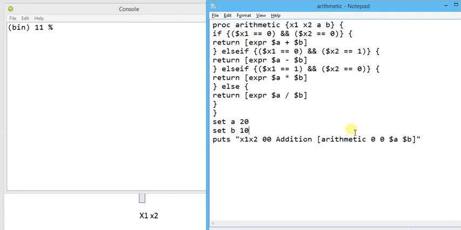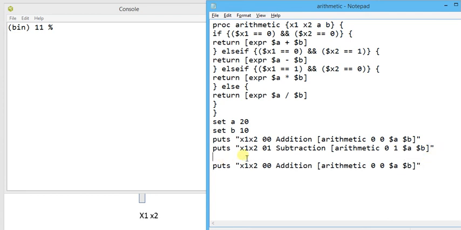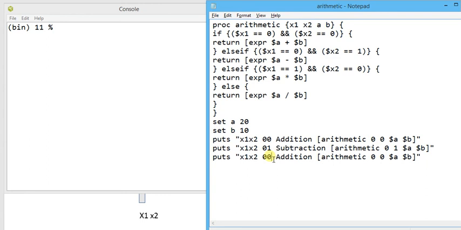Similarly, if I want to go for 0 1, I'm going to copy it. So in the next line I'm going to write puts 0 1 for subtraction, arithmetic. Here we need to update x1 x2 to 0 1. Puts for multiplication, arithmetic.